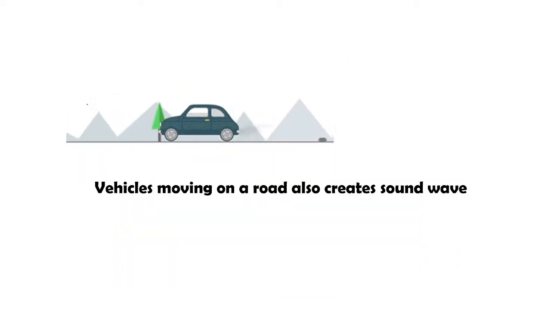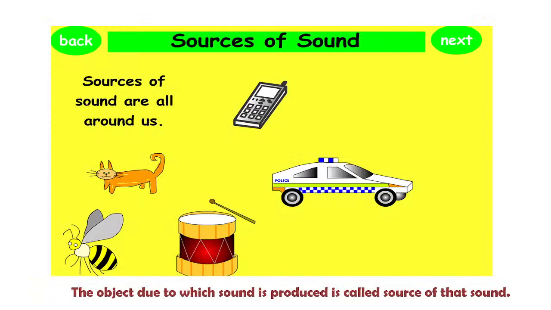Vehicles moving on the road create sound waves, isn't it? So any vehicle you see moving on a road, it is going to create or produce sound. Ceiling fan also produces sound, whether it is on or while it is off also. During both the times it creates or produces sound.